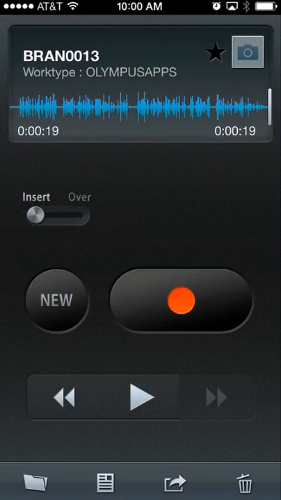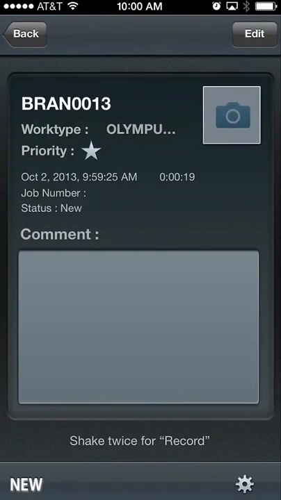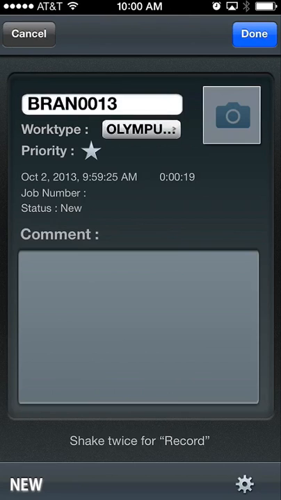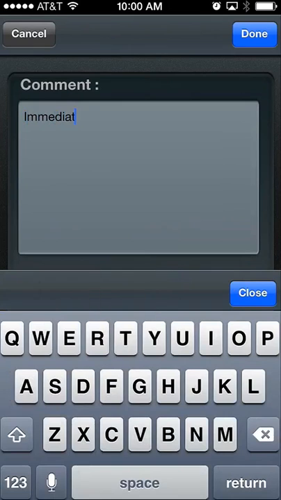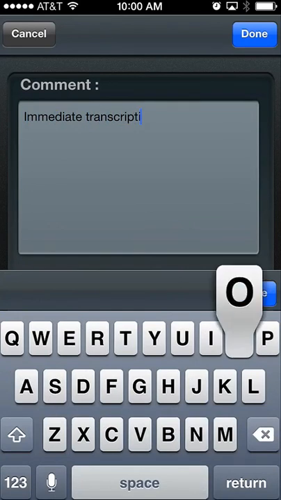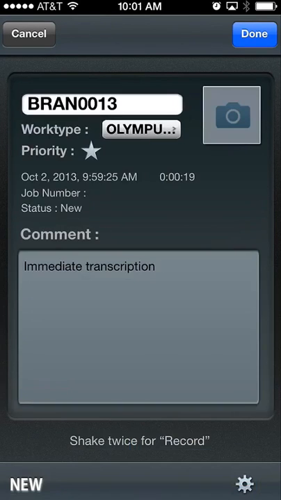So I feel confident with my dictation. I now would like to give it a high priority star in the top right hand corner, which I just did. And at this point, I want to go in and edit my metadata as well. Now the metadata function not only allows you to set the priority and the work type, but also add a comment or a picture. So if I want to type in a comment, this is a simple note to my transcriptionist. So I'm going to type in immediate transcription, like you see here. At this point, you can add a photo. I'm not going to add a photo at this time, but I'm simply going to exit out of this, click done,